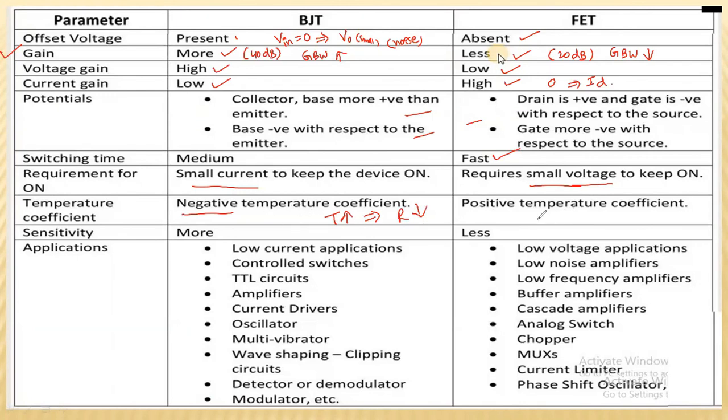For FET we have a positive temperature coefficient: as temperature increases, resistance also increases. Next, sensitivity is more for changes in the input current here, and less for changes in the input voltage. Next, applications. Lots of applications are there. Main applications: amplifiers, oscillators, multivibrators,